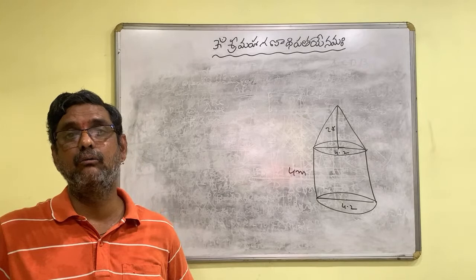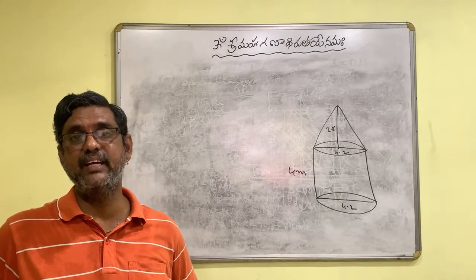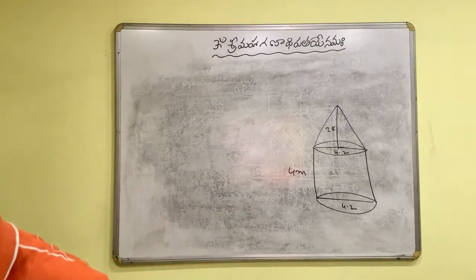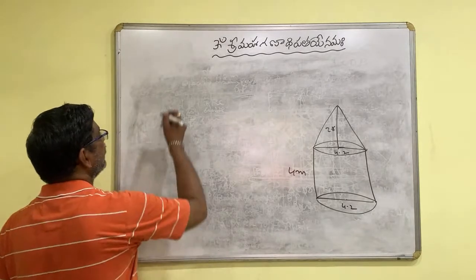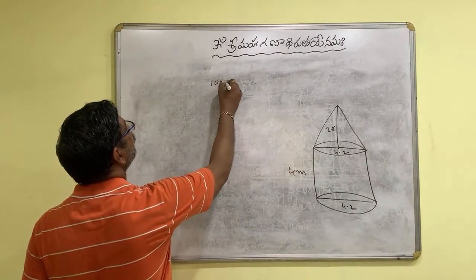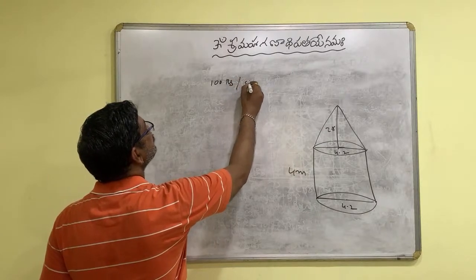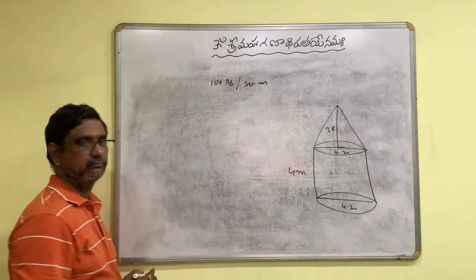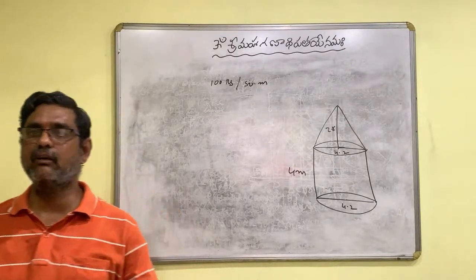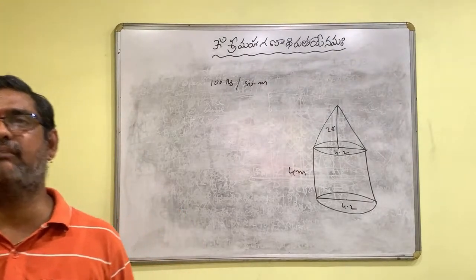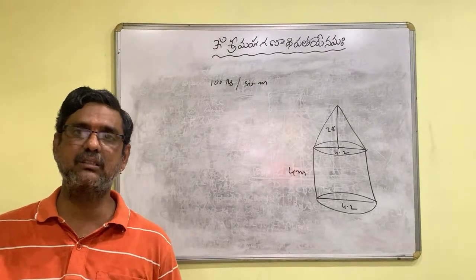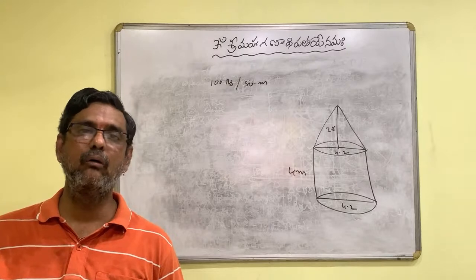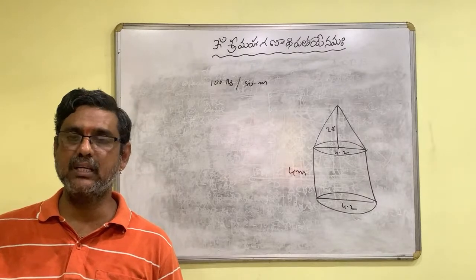So what you want to buy, you need to buy. Okay, what is the cost given here? 100 rupees per square meter. Cost of canvas is 100 rupees per square meter. So first we need to find the total cost of the canvas that is required to construct